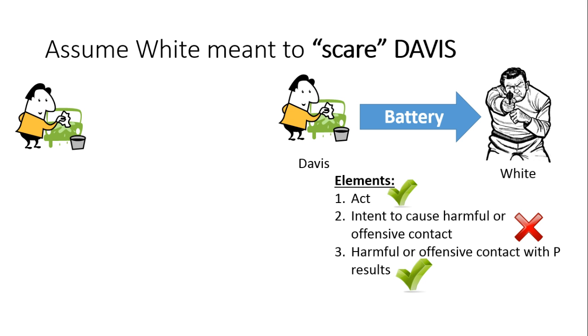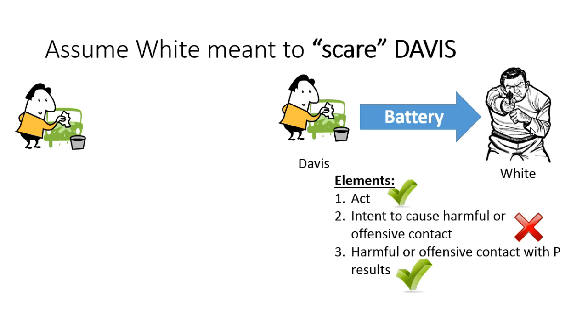All right, so let's assume that Davis never actually even saw the gun, never apprehended that he was about to be shot, but he's actually shot. So he wants to recover for battery. He can prove that there was a volitional act. He can prove that he was harmfully contacted because he was actually shot. But our defendant here is saying, well, I really meant to scare you. I didn't ever mean or even have knowledge of substantial certainty when I'm shooting from so far away, or in the way in which I was aiming the gun. I had no intention to actually cause harmful or offensive contact.